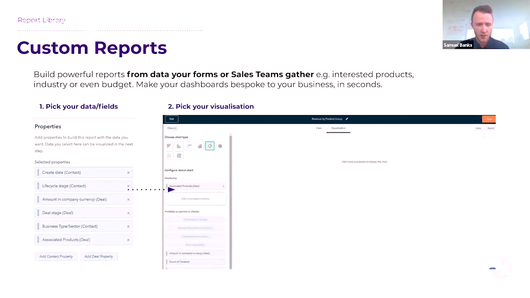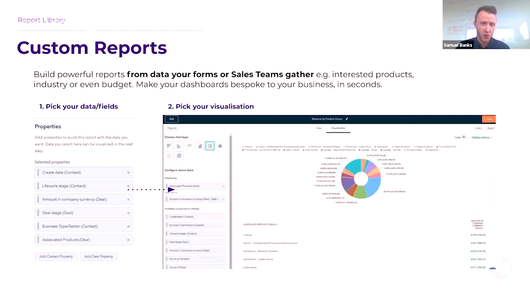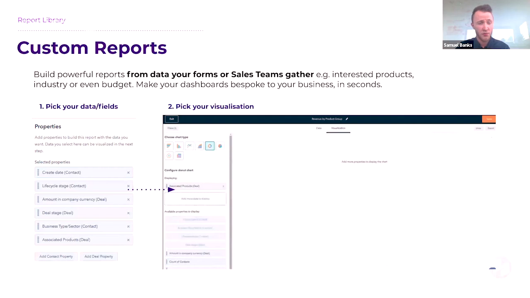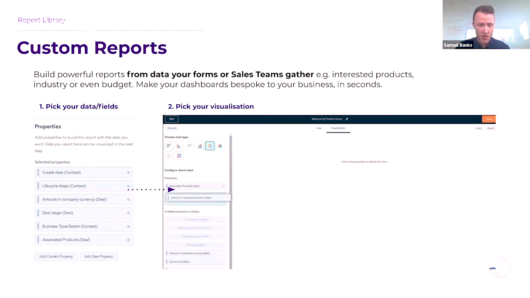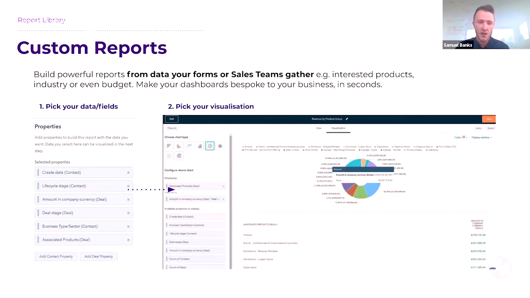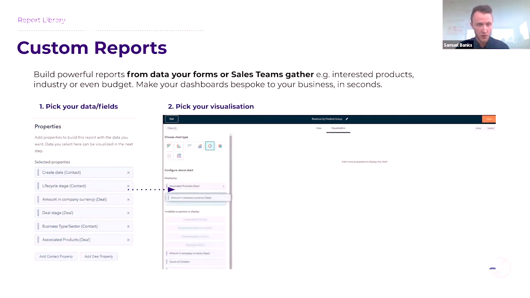It's very straightforward. You can create it in the actual report library. There's a button to create custom reports, and you can build reports from the data you actively gather. So every business is different. HubSpot allows you to be flexible like that, whether it is collecting industry, budget, or actual sector. If you are collecting this information and it's standardized in a reporting format, you can pull this into